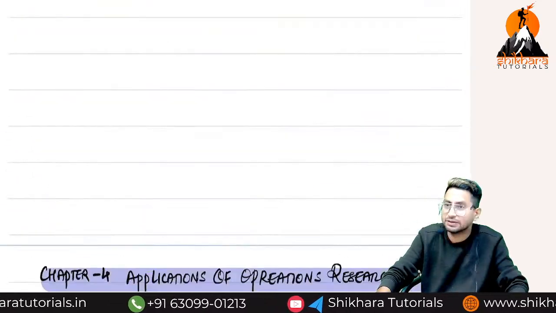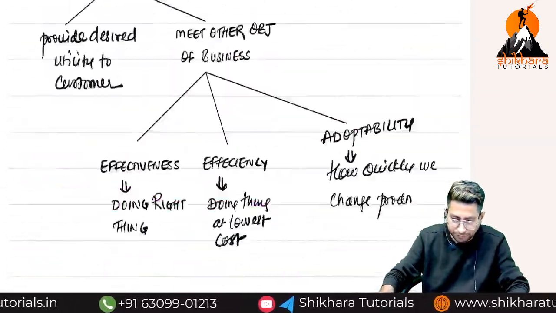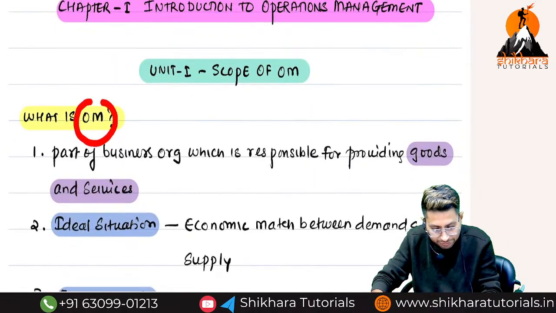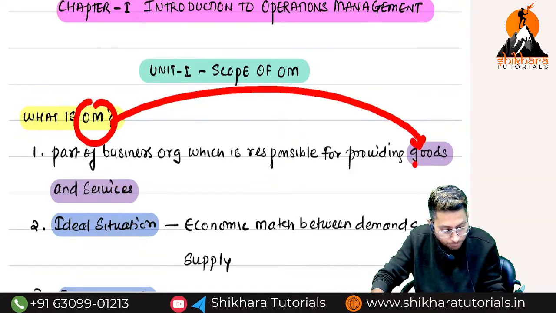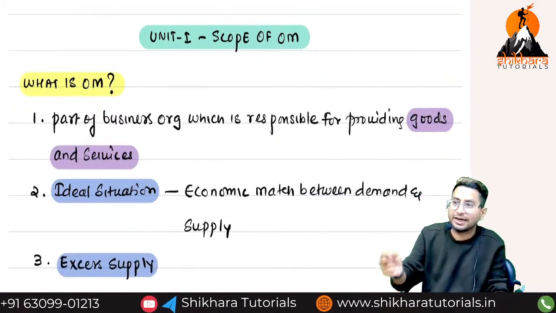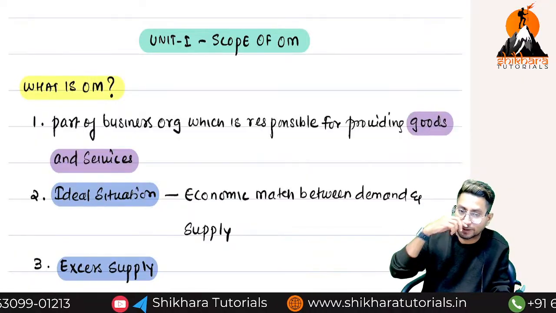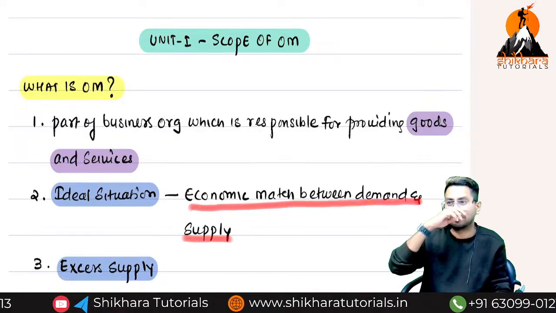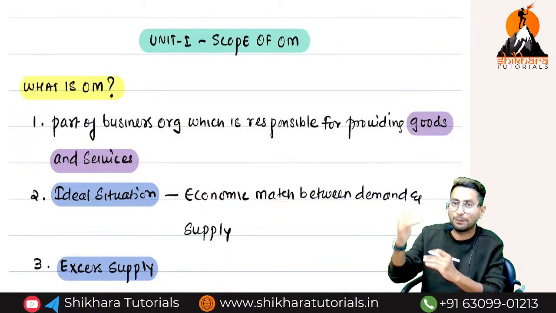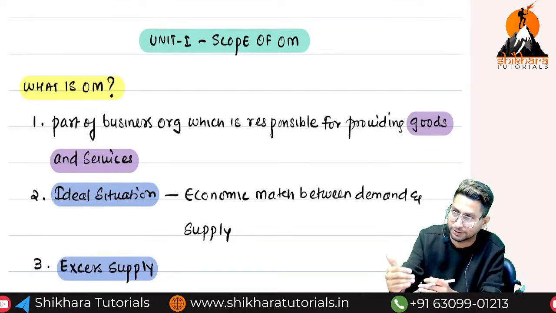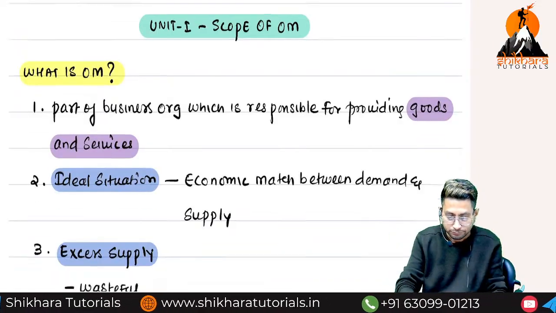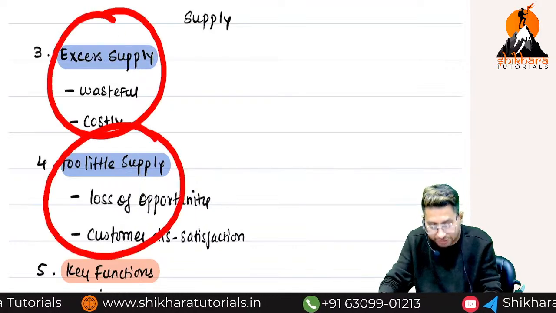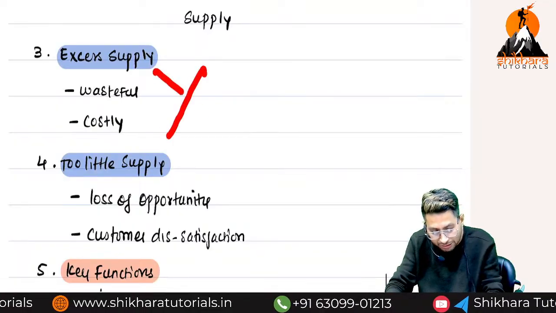Understood? Simple? Now, let me revise once what we have done. So, OM means what? Full form? This is applicable to whom? Organization providing what? Goods and services. And the objective of operations management team is to ensure that there is which match? Economic match between demand and supply, but practically it is not possible, right? That is why the gap between demand and supply should be as low as possible. Otherwise, what will happen? Either it will result into overproduction or it will result into underproduction, and both are loss-making